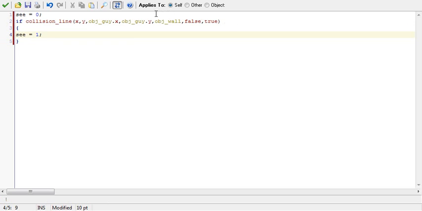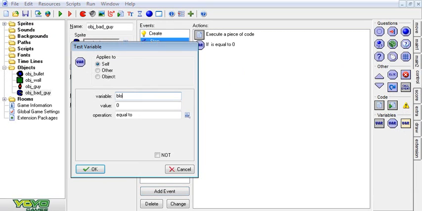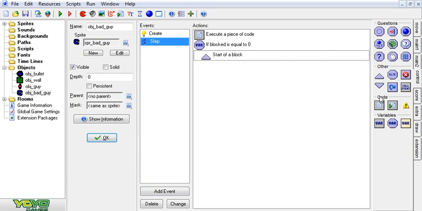Now pretty much what happens is it sets C to 0. If there is a collision, it sets C to 1. I should really change it to blocked. Blocked is whether the vision's blocked or not. So if blocked is equal to 0, which means you can see him, then we are going to